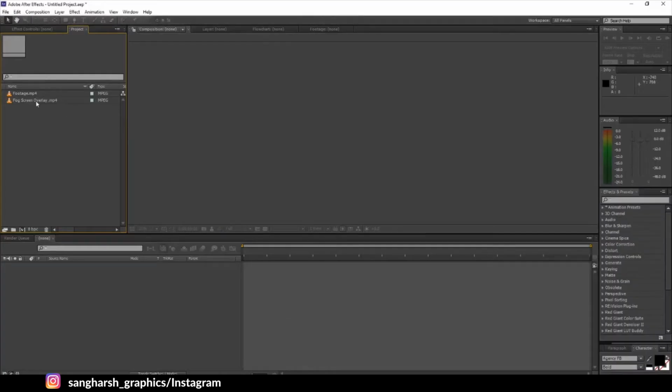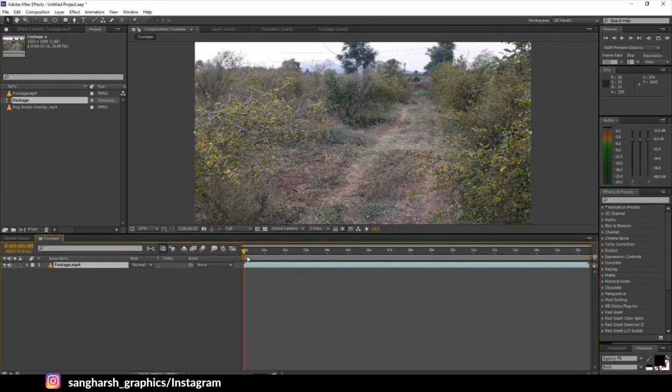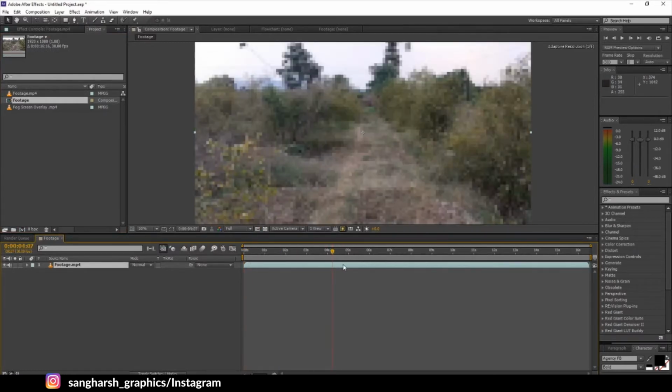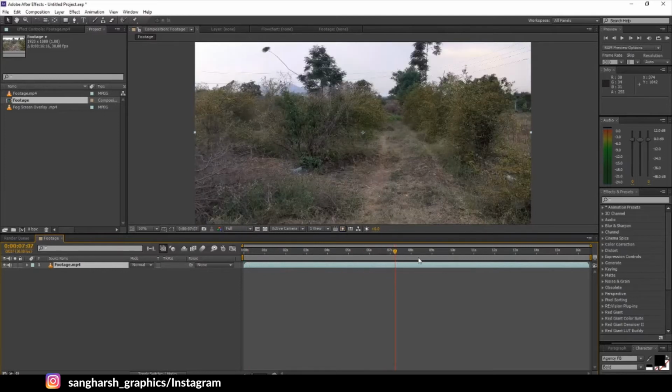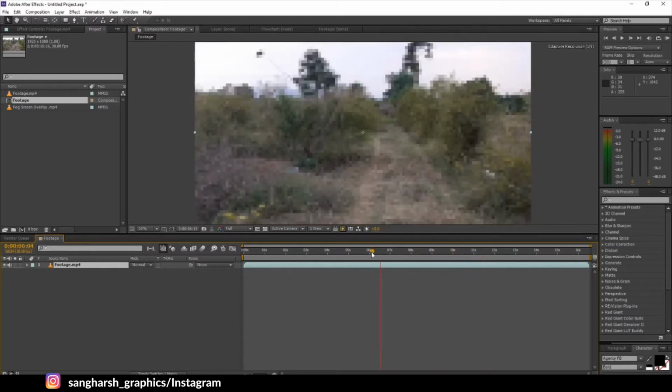So, here we are in After Effects. Firstly, drag your footage inside After Effects and just drag it to the composition icon here. It will make the composition of the layer size. As you can see, it's too big. Okay, let's just trim it